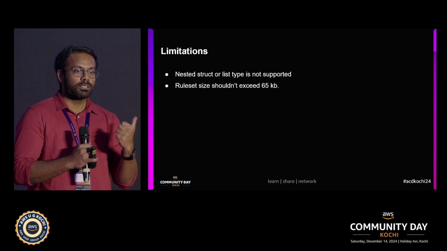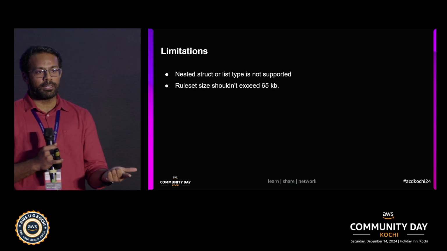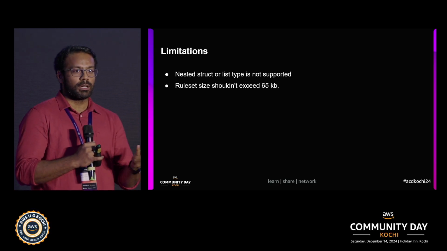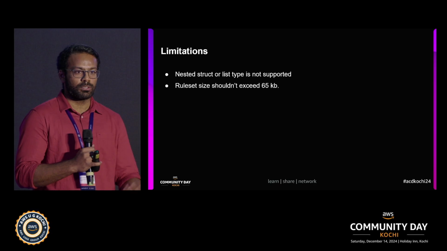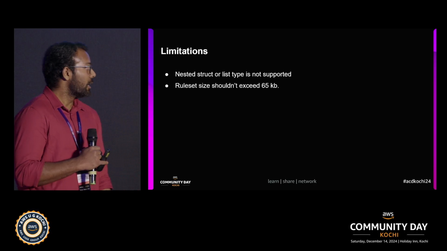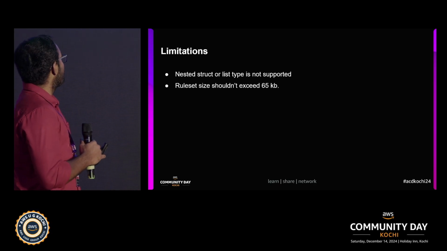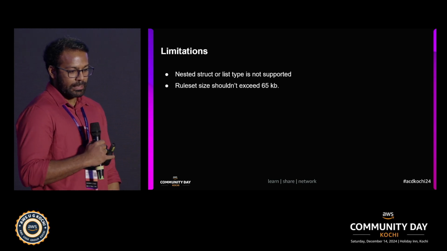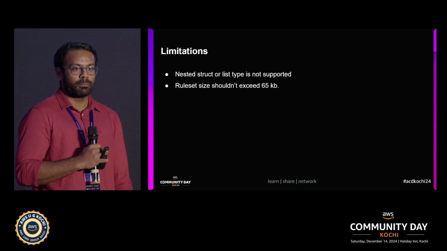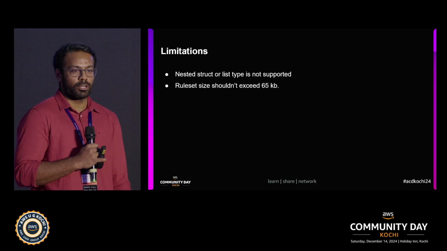But we need to know which column it failed with and which file it failed with, like the source file. Those source informations can be gathered through CloudWatch and dropped into our own customized control tables or something like that. Apart from that, these are the limitations, as I said before. Structure and list types, as of now, are not supported by data quality. Maybe in future that can also be implemented.